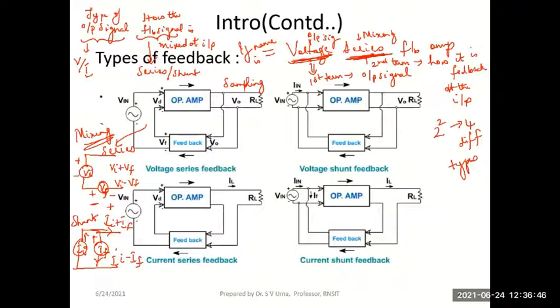So type of mixing circuit, that is the second part of the name of feedback amplifiers or feedback types. As usual, we'll have an amplifier in the end. Now, coming to the output side, how will I be able to take a sample of the voltage? If I want to tap the output voltage, what kind of connection will I make?